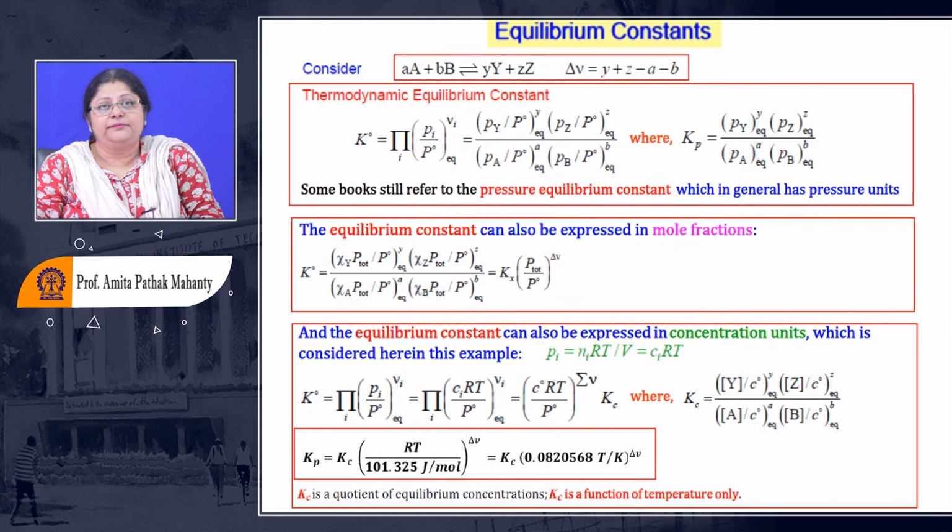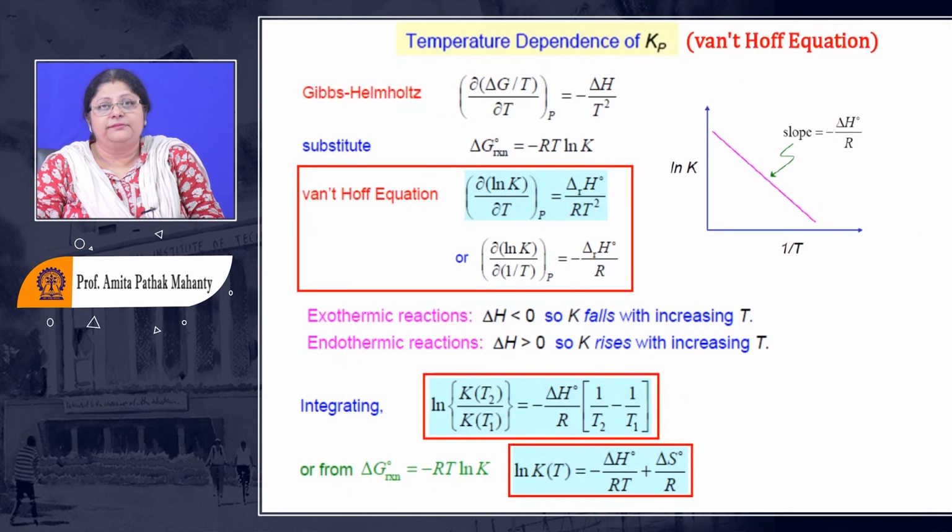So what is the difference between Kp and Kc? I hope you remember. Kc is a function of temperature, so you have to remember that. And mole fraction, if you are taking the Kp in terms of the mole fraction of the reactant and product, then it is going to have some unit. So if you use this Kp, the equilibrium constant and the Gibbs-Helmholtz energy, this is the reaction equilibrium which you have defined. Standard reaction delta G equal to minus RT ln the equilibrium constant.